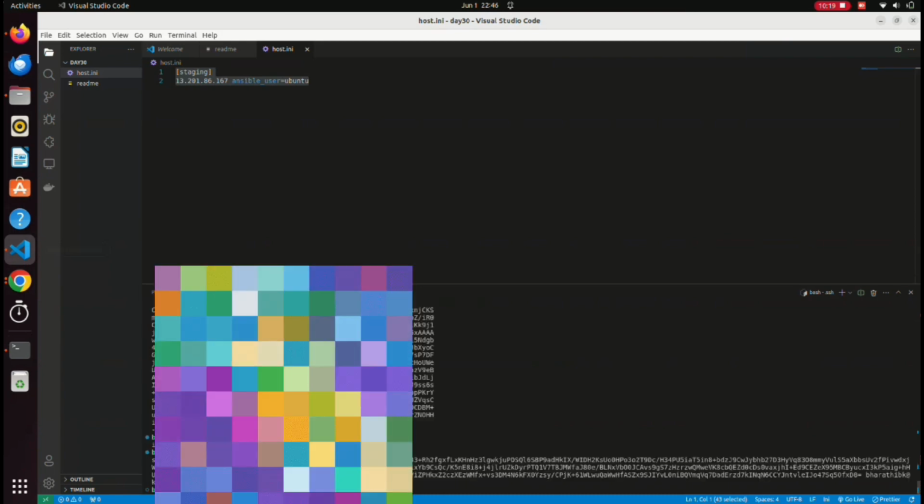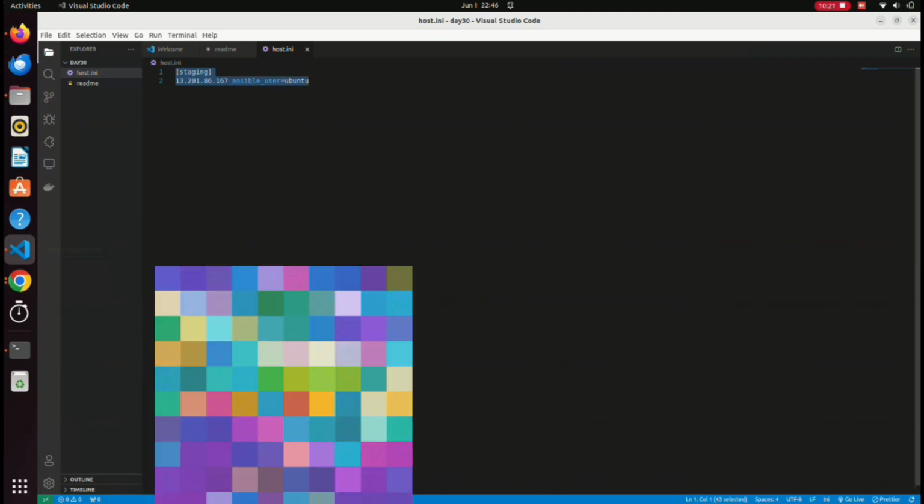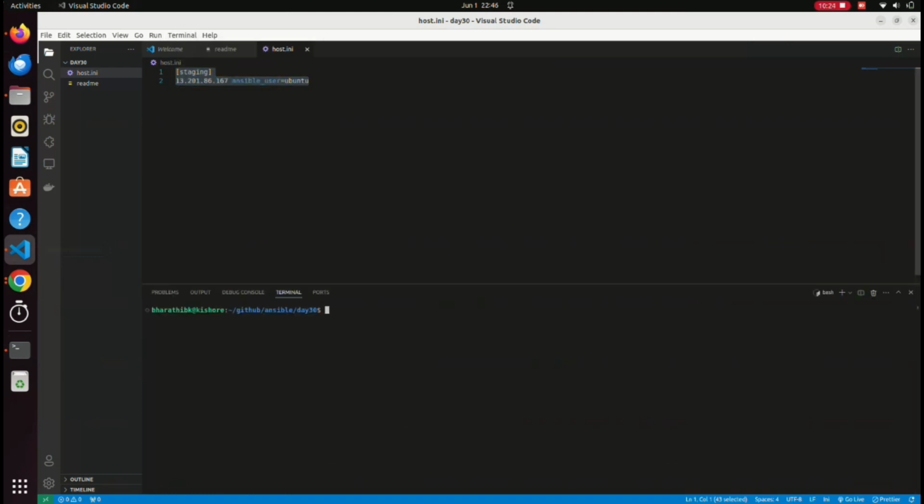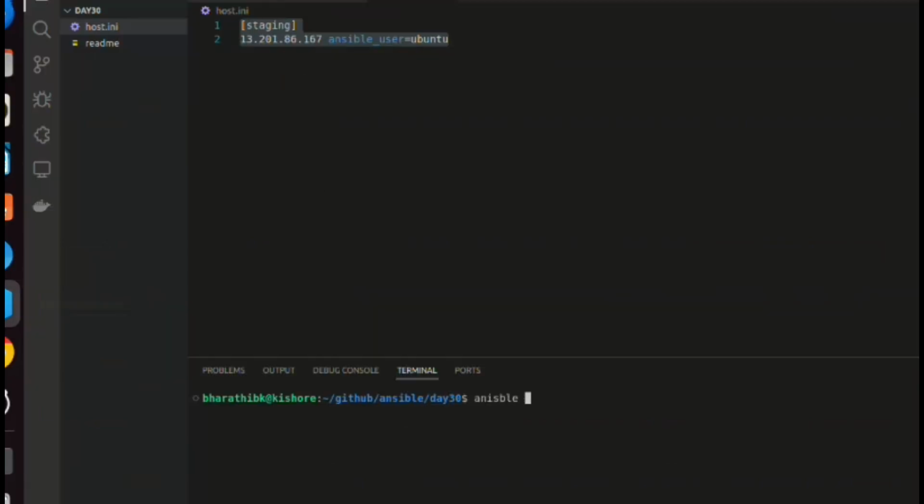Now exit. I'm going to create a new terminal, then run this Ansible command: ansible staging, this is the group name, hyphen m for module. What module? Shell, hyphen a, ls. It's supposed to be like this, hyphen i host, then enter. You see,